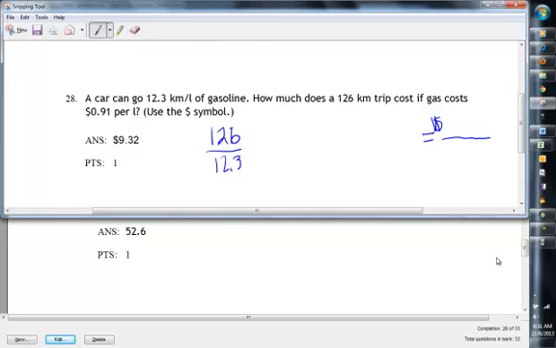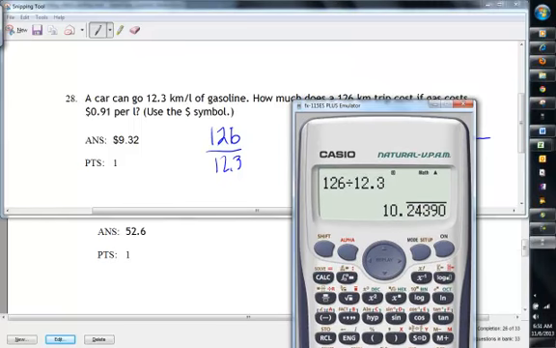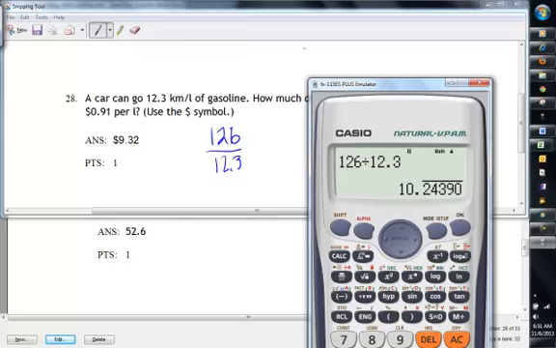So we take 126 divided by 12.3, and we get about 10.24 liters. Then we multiply that by 91 cents per liter, so times 0.91, and we get,